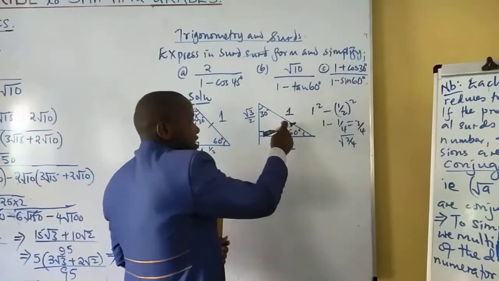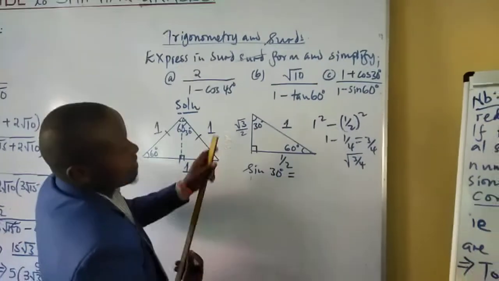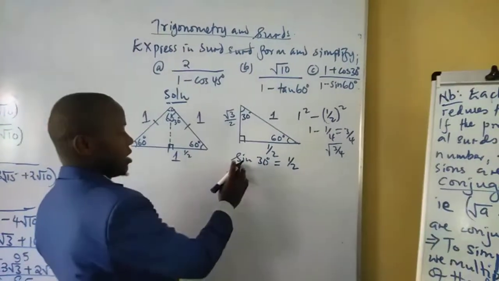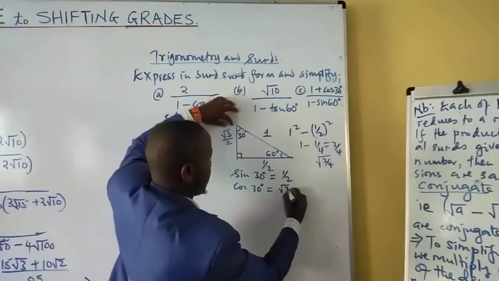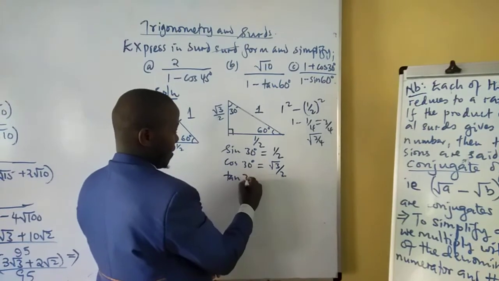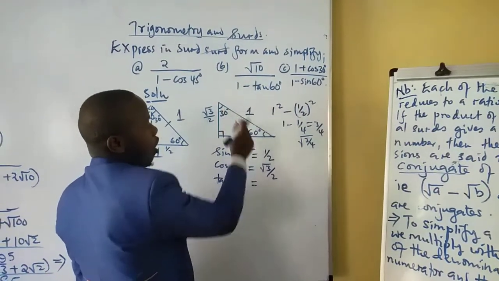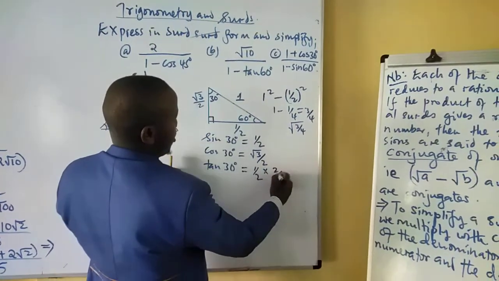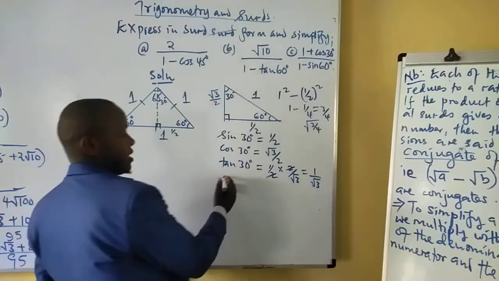With that now, because we have 30 and 60, and this is a right-angled triangle, then we can get sine 30 as the sine of an angle is the opposite, which is half, divided by the hypotenuse, which is 1. Cosine of 30 will be, the cosine of an angle is the adjacent side, which is root 3 all over 2, divided by the hypotenuse, which is 1 in this case. Therefore, the cosine of 30 becomes this. Then tan 30 is, tangent of an angle is opposite divided by adjacent. Therefore, the opposite is a half divided by this one, meaning multiplying by the reciprocal. And this will be 1 all over root 3, like that, because the 2 cancels. Like that. For 60, we can also extract